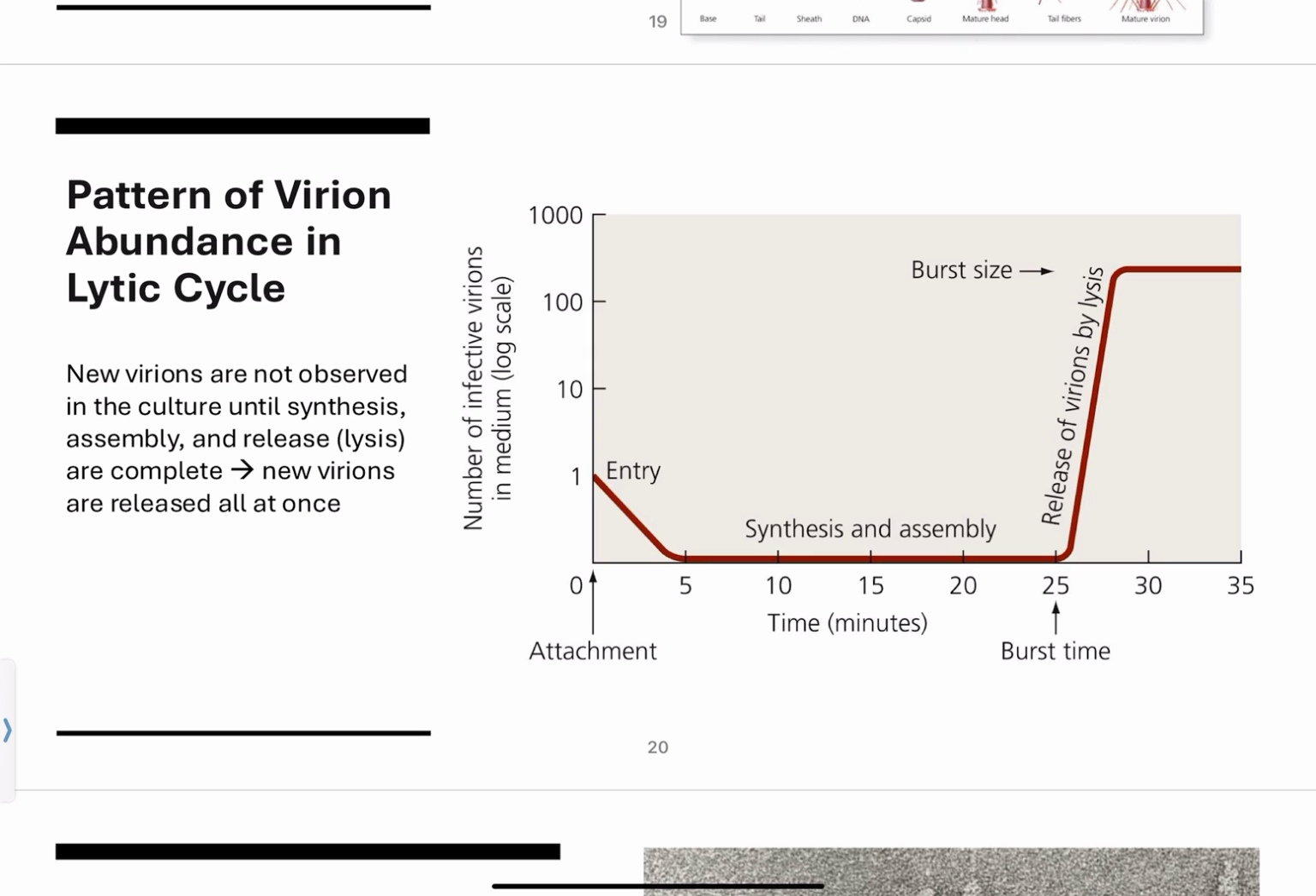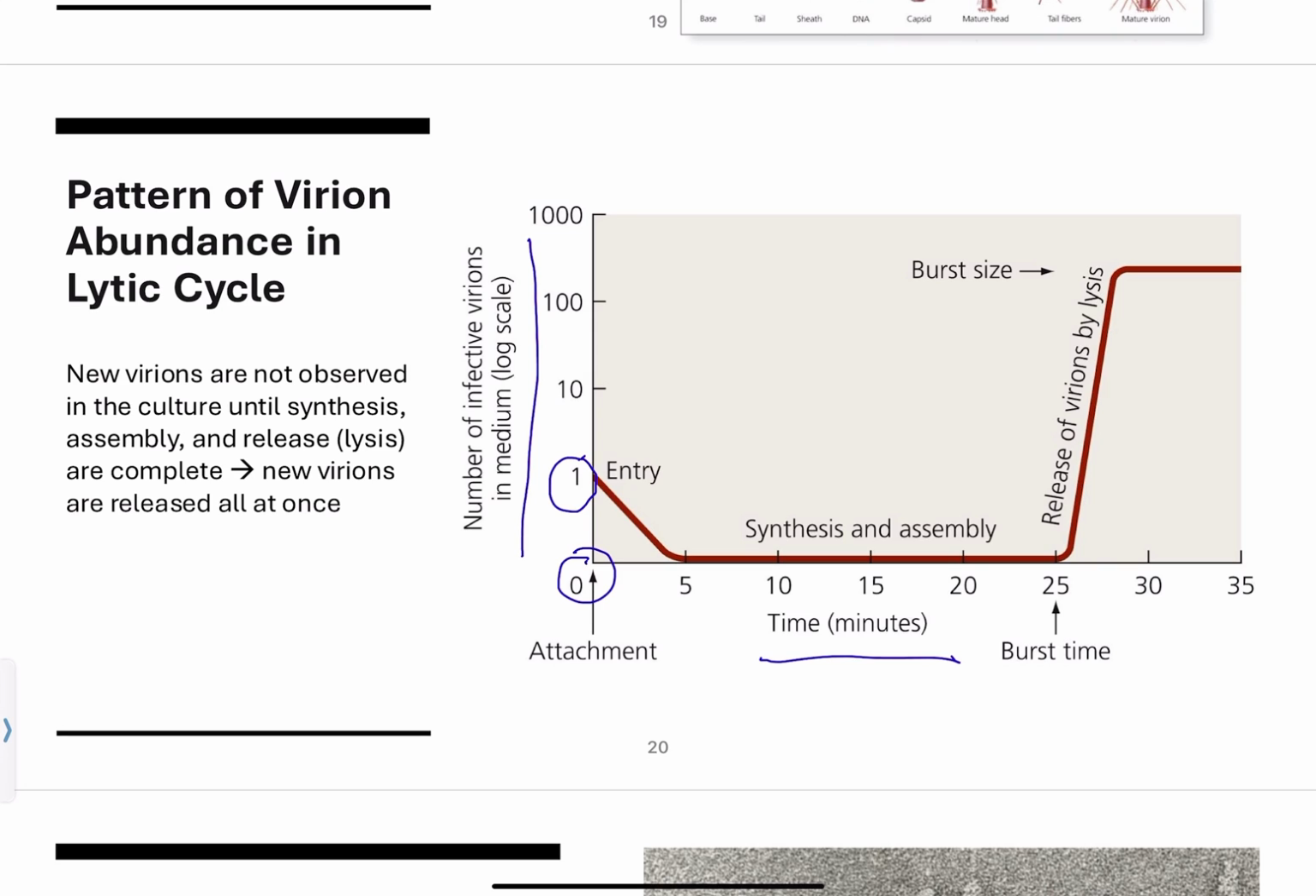Okay, so the lytic cycle can be visualized as a viral growth curve. That's what you're seeing on this slide here. It shows time down here on the x-axis and the number of infective virions on the y-axis. It is in a logarithmic scale. You'll notice we're starting with only 1. The virus is going to infect a host cell and inject its nucleic acid, or the whole virion is going to come in. Once it enters into its host cell, we're going to have 0